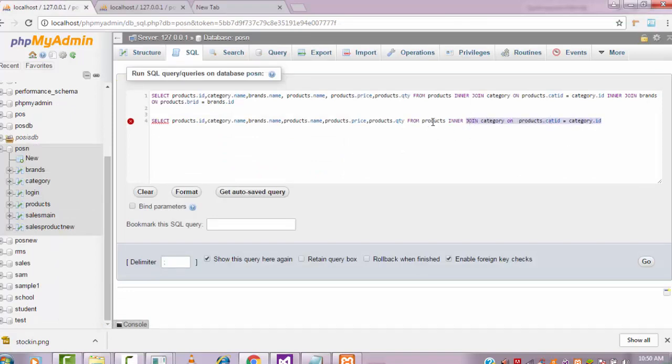Okay, from products inner join category, I am going to join the products table and the category table. First I join these two, the products table and the category table. How to join?